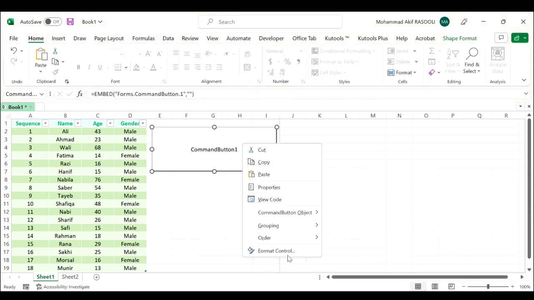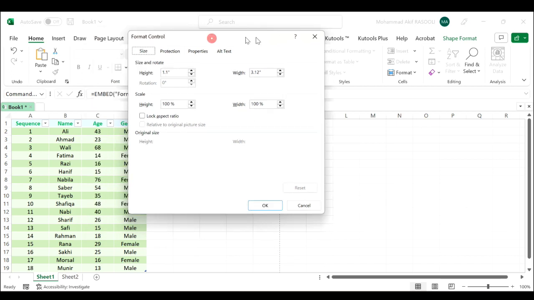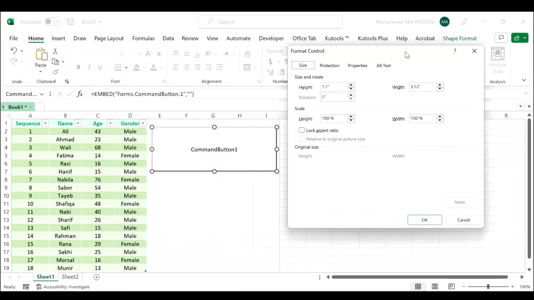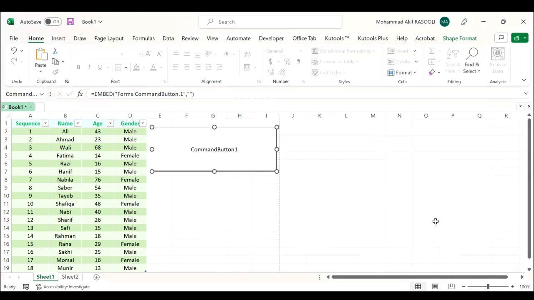the context menu. In the Format Control dialog box, click the Properties tab and then uncheck the Print object option. Next, click the OK button to close the dialog, and then you can go to the